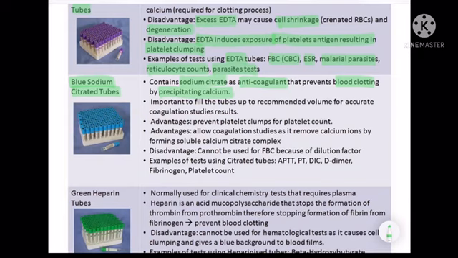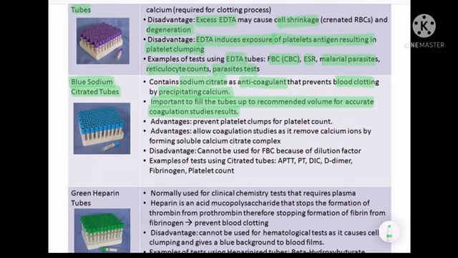So in both tubes we can say that they prevent calcium from activating the coagulation pathway. So no calcium, no activation of the coagulation pathway. For the sodium citrate, it is important to fill the tube to the recommended volume for accurate coagulation study results. That's why when nurses take a blood sample, they fill the tube up to a given or recommended level,